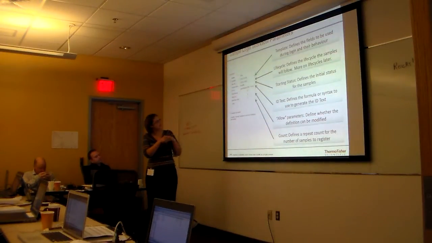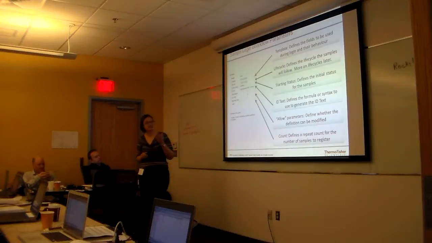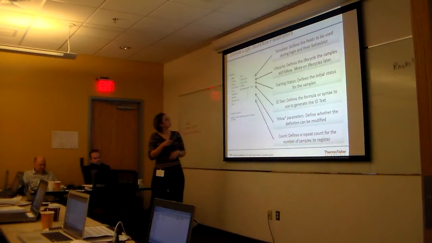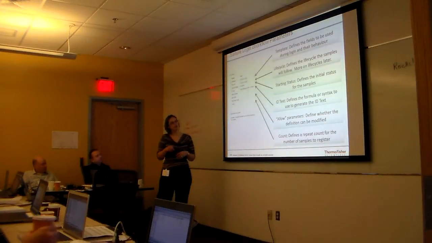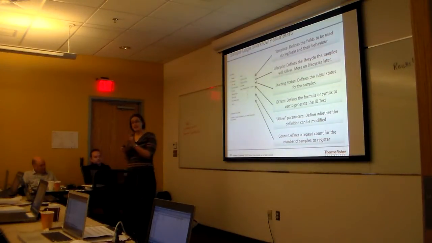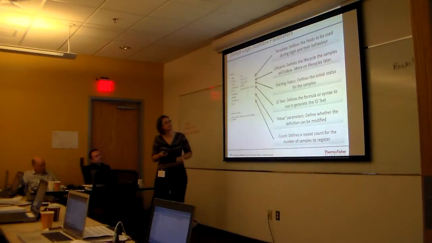So then the rest of it is things that we're very much against that control page. So what's our starting status? Defining the initial status of the sample: unavailable, on hold, available, whatever it might be. ID text is where we define how we're going to generate the sample ID text. It might be through referencing a syntax, or we might just define it here as a formula, and I'll go into that when we get onto the syntaxes section in this, but that's where you define how we're going to